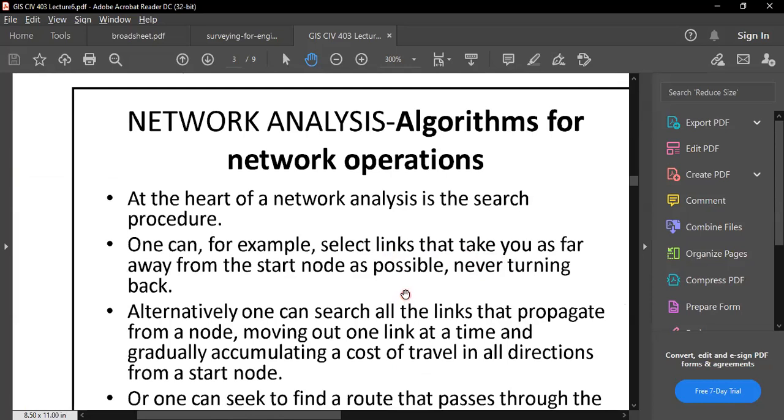At the heart of a network analysis is a search procedure. So we need to find the shortest routes. Are you okay? We need to select the links that take you as far away from the start node as possible. That's an example of a search in network analysis, network operations. You always want to find out the particular routes by selecting the links. So that blue line that you get in Google Maps shows you from here to